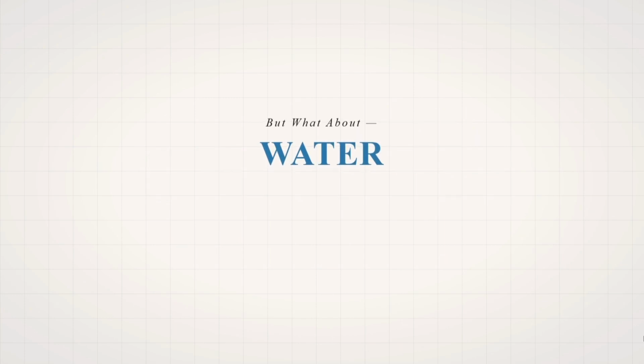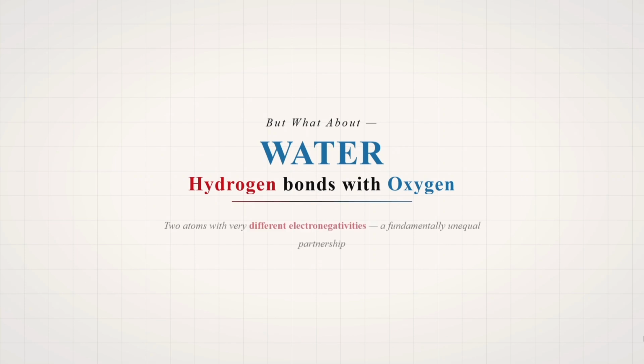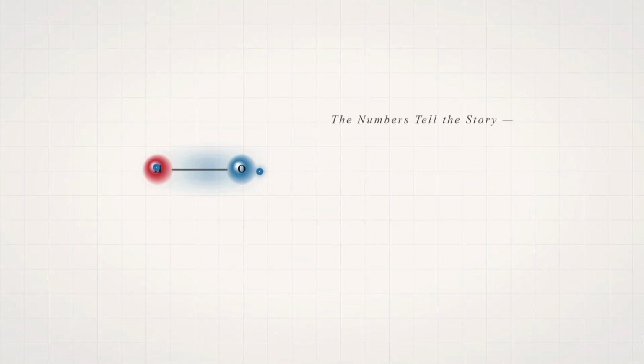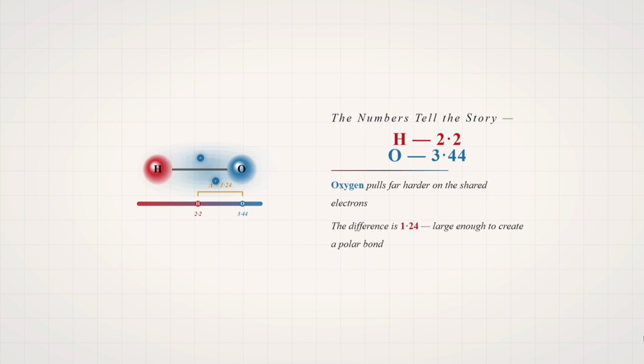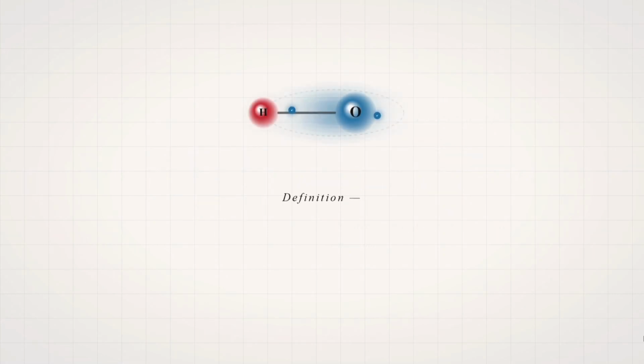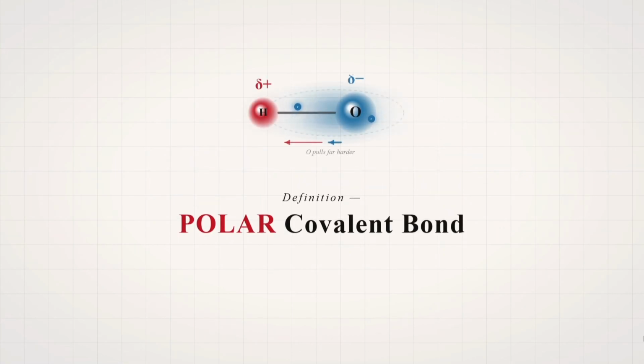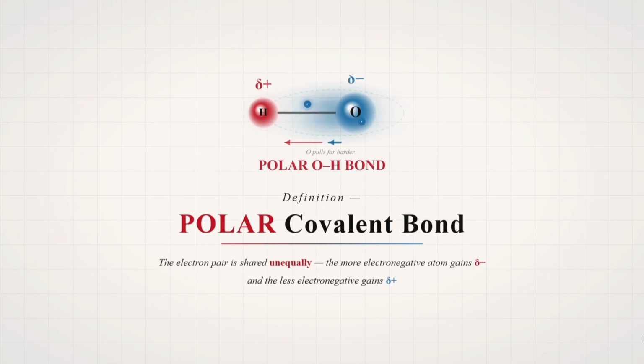But what about water? Hydrogen bonds with oxygen, two atoms with very different electronegativities. Electronegativity of hydrogen is 2.2, and for oxygen it's 3.44. Oxygen pulls far harder on the shared electrons. A polar covalent bond is a special type of covalent bond where the electron pair is shared unequally due to a difference in electronegativity. The more electronegative atom gains a partial negative charge, and the less electronegative atom gains a